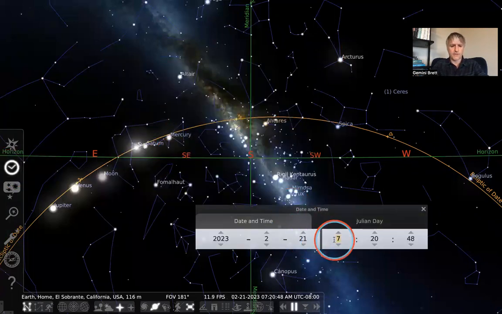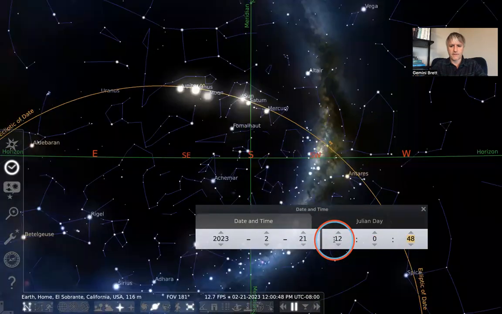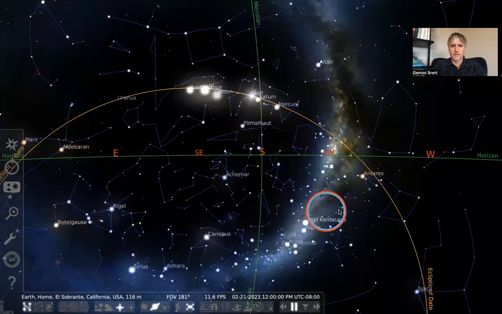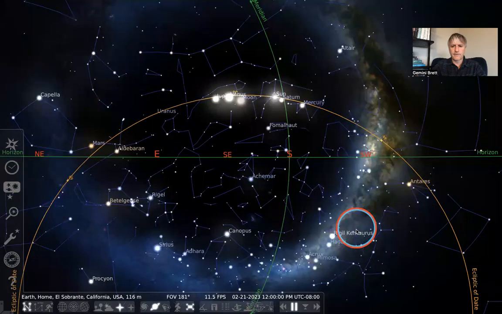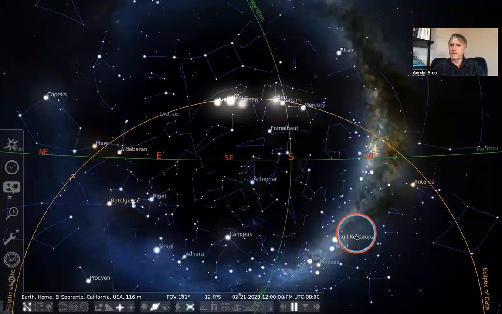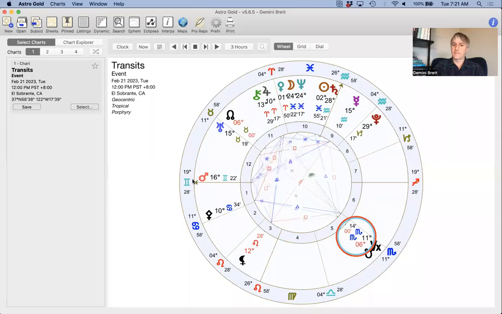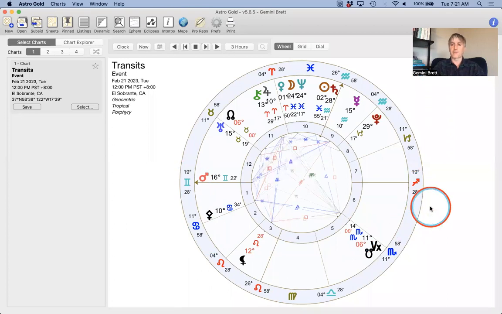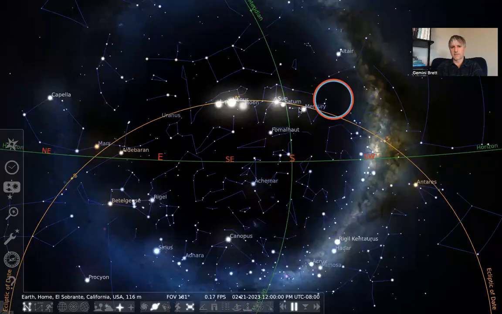Trying to go to this chart that I had on Astro Gold over there, and now we have our chart wheel. Again, it looks a little bit different because this is not only beneath the ground, it's also behind us if we're facing the ecliptic in the southern hemisphere, which is south. If I'm facing due south, I'm actually facing this meridian,